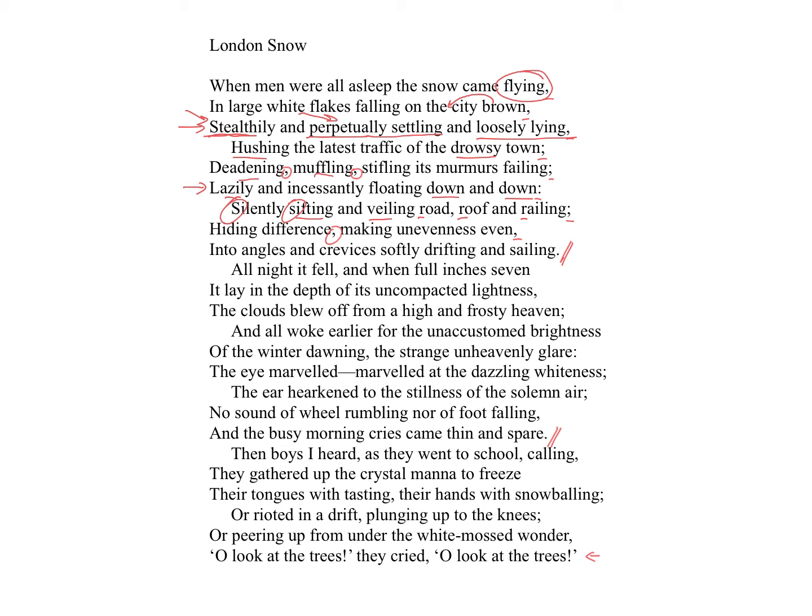Hiding difference, making unevenness even. So it's kind of levelling things out, smoothing things out, right? Into angles and crevices, softly drifting and sailing. So a crevice is a kind of gap in something. If you think about a rock face, you get those gaps that you can get your fingers into, or those little ledges, they're crevices. Okay, so basically the snow is getting everywhere and minimising all of this unevenness,